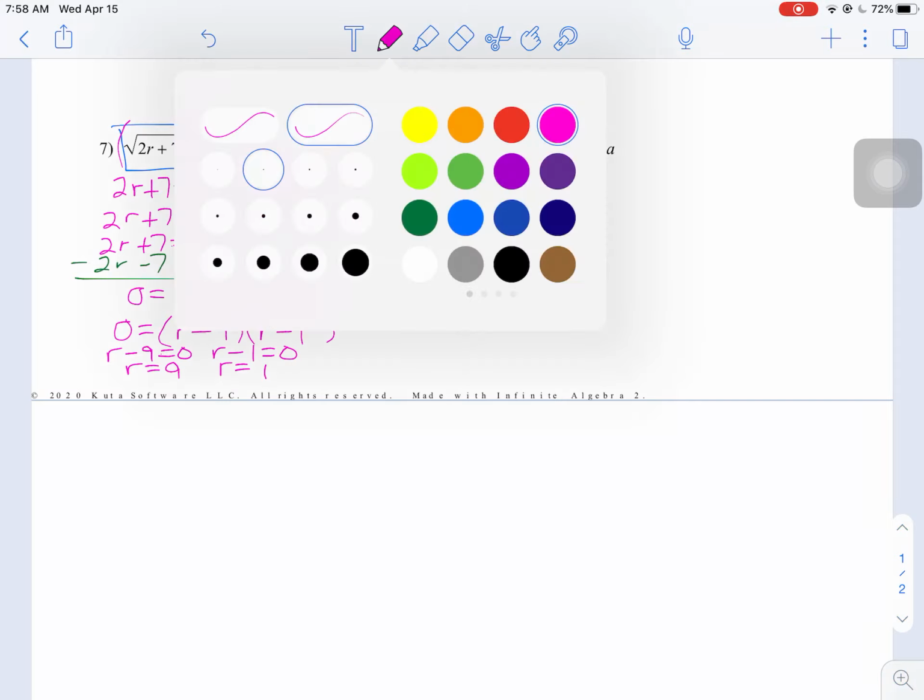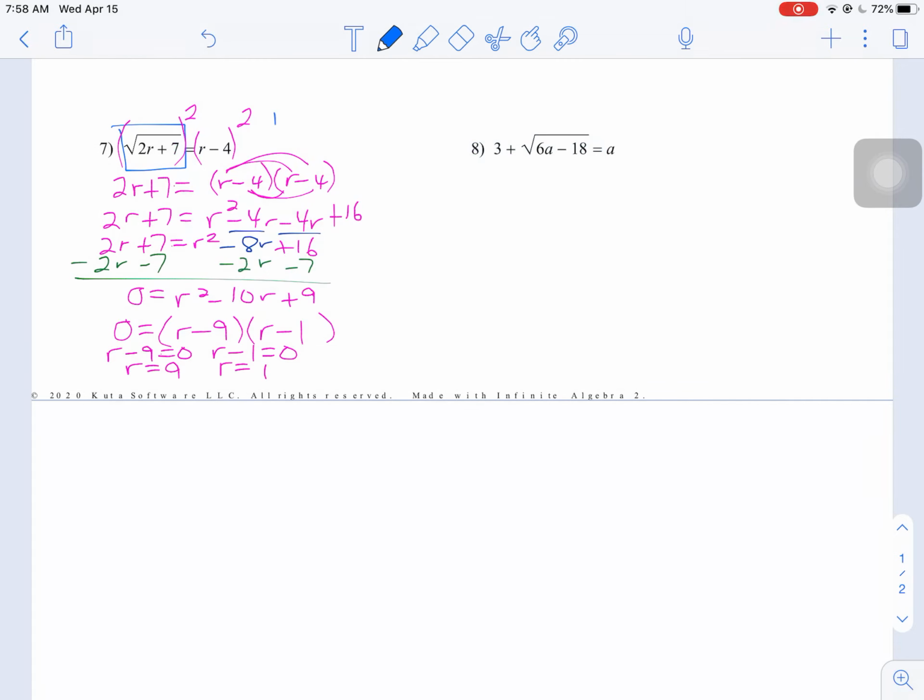Now let's not forget the all-important check step. So off to the side here, I'm going to check my answers. And you have to check each answer separately. So I'm going to do, it's going to get a little tight on space here. I'm going to do 2 times